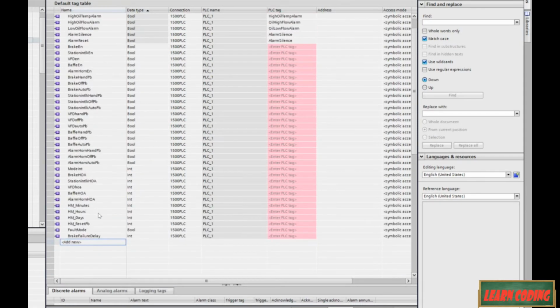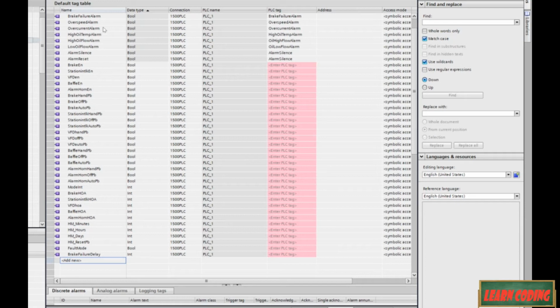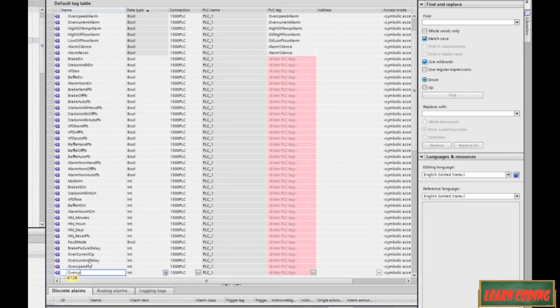Come down to our next one, and what's the next alarm that we have? We've got overspeed and overcurrent. Those have delays and set points. So, overcurrent set point, overcurrent delay, overspeed set point, overspeed delay,